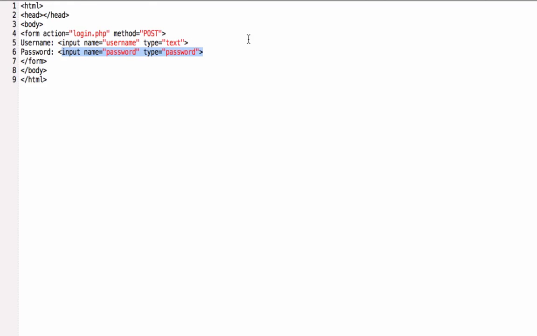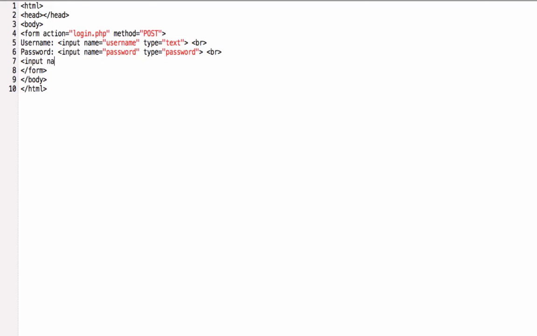Okay, the way that you would signify a submit button is in a similar way to the other fields. You start off with input. We don't necessarily need to give this a name. I'm going to, just to make it a little bit easier. But I'm going to give this a name of submit, and this we can also give a value. Now value is going to be what is displayed on the button, like the text. So in this case I'm going to be calling it login,